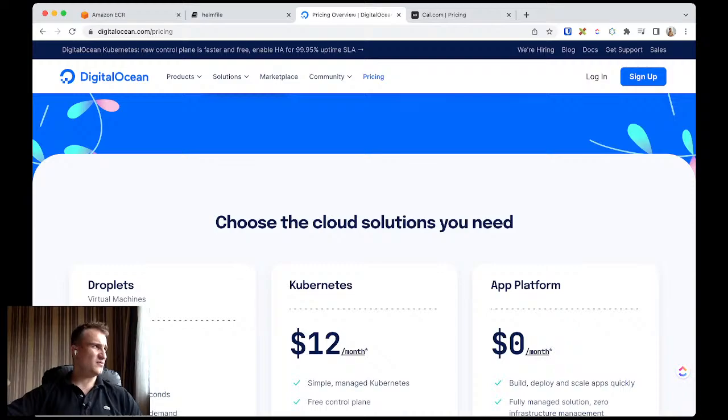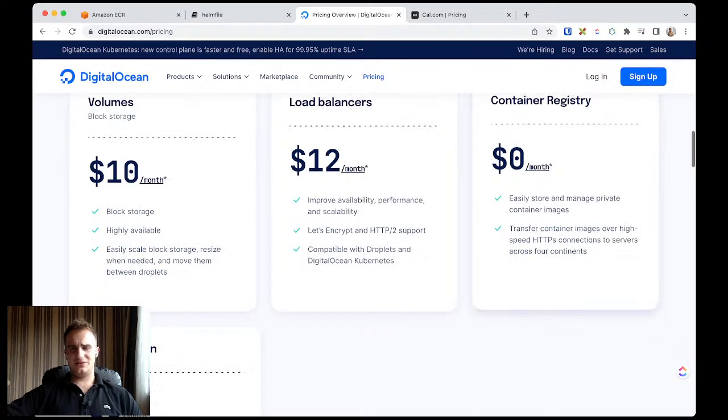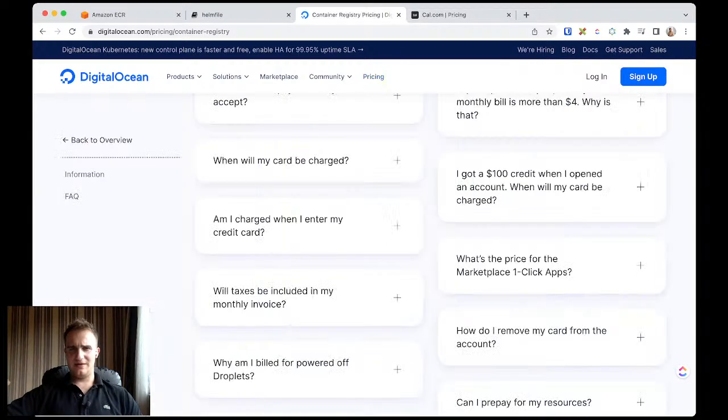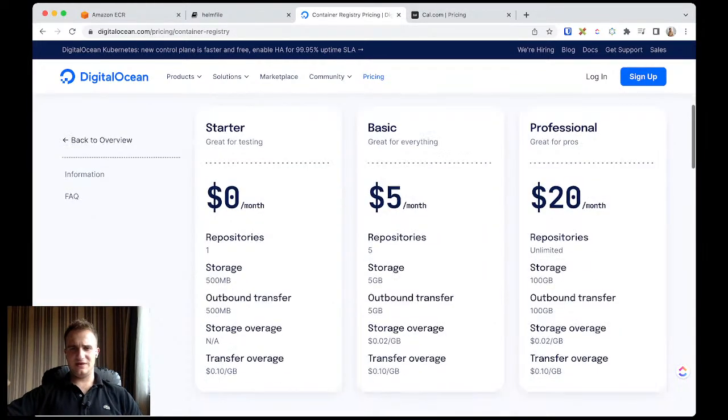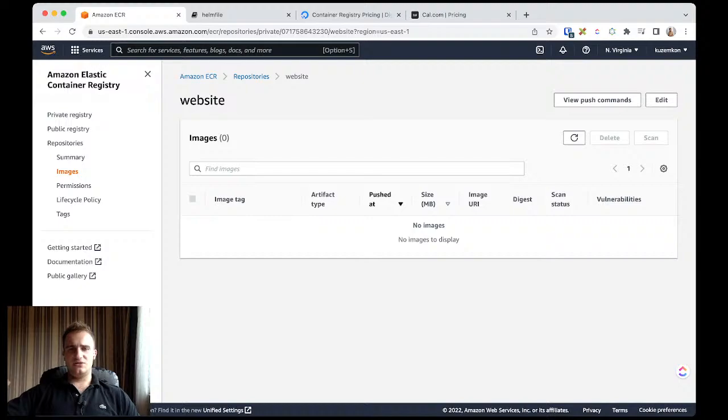But if you want to have multiple repositories and more gigabytes, they have a static flat fee of, I guess, 10 to 15 bucks. You see here the starting price, but then I guess there is another price of $5 for five repositories and 5 gig storage. So ECR will be much more cost effective because they charge you really per gig. The pricing of 10 cents per gig per month is the same for GCP and ECR,